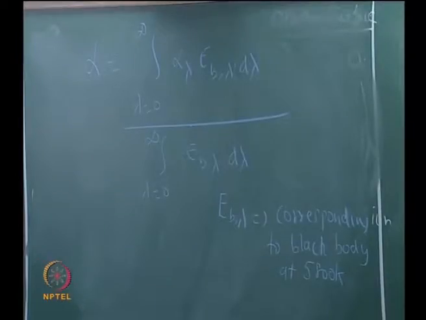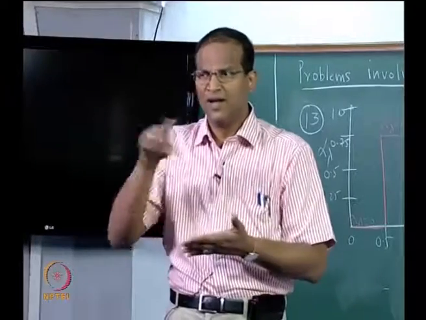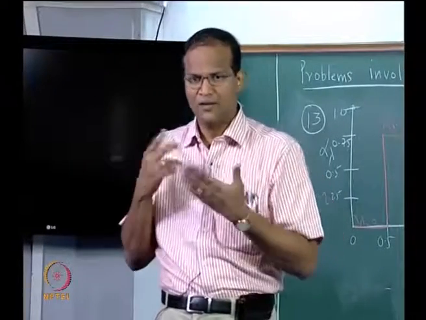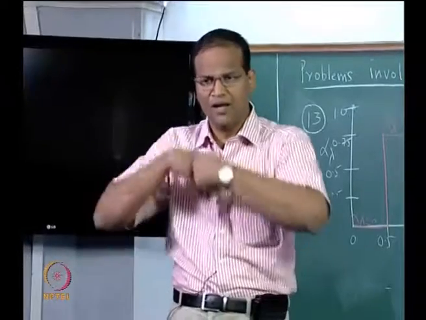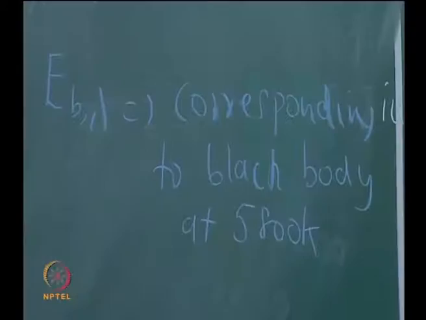Since nothing is specified about the variation of alpha lambda or epsilon lambda with temperature, I am assuming that the same characteristics hold good for all the temperatures. That assumption you can write, tomorrow's paper also you can write. Make suitable assumptions wherever required with justification. In the absence of any other data, I got only alpha lambda data, I will use it as epsilon lambda data and I am assuming it is valid for all temperatures, you can write that.